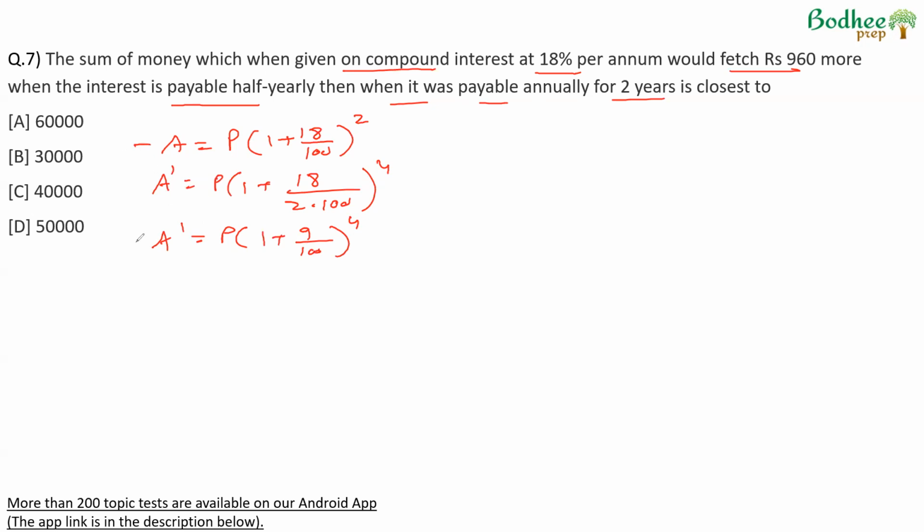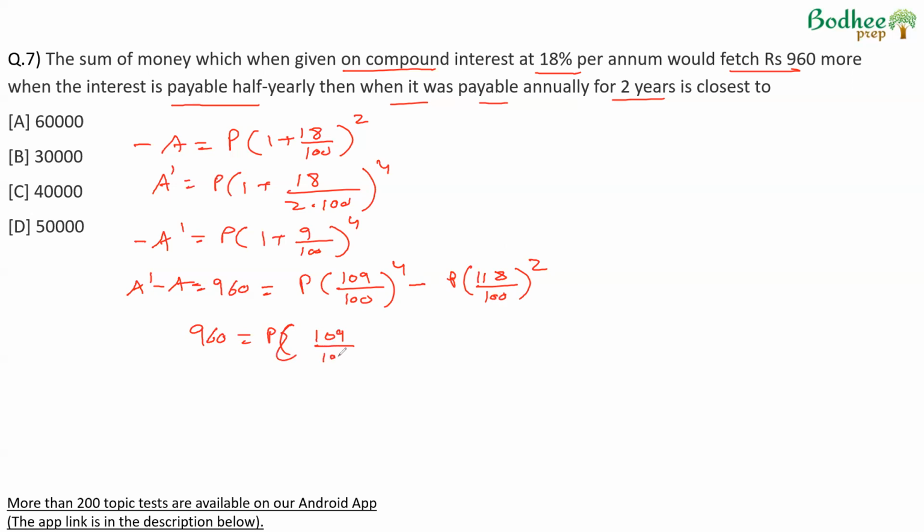Now, if you look at the difference between A and A dash, it is 960. So I can say A dash minus A is equal to 960, which will be equal to P into 109 by 100 raised to power 4 minus P into 118 upon 100 raised to power 2. Therefore, we can say 960 is equal to P into. Now, this can be written as 109 upon 100 whole squared, square of this minus 118 upon 100 squared. This becomes a square minus b square. So P into